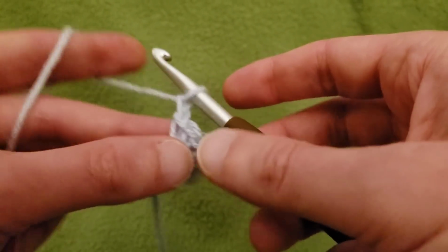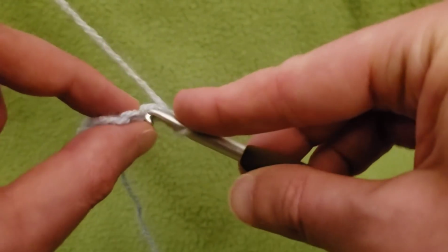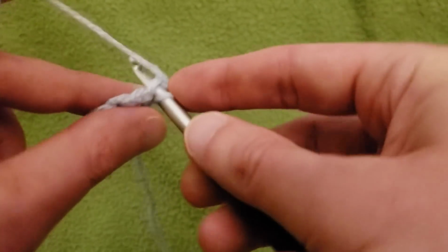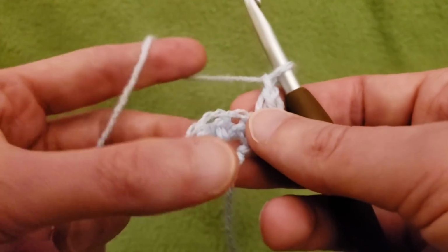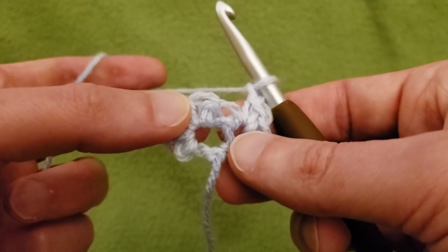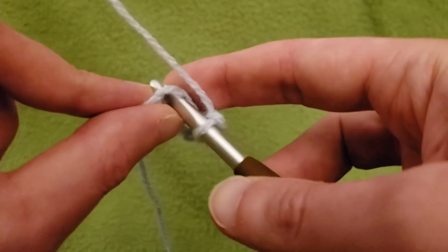chain up 1, turn your work, and then into the first stitch, 2 single crochet stitches, chain 1, skip the next stitch going into that third stitch with 3 single crochets. So right into there with 3 singles,